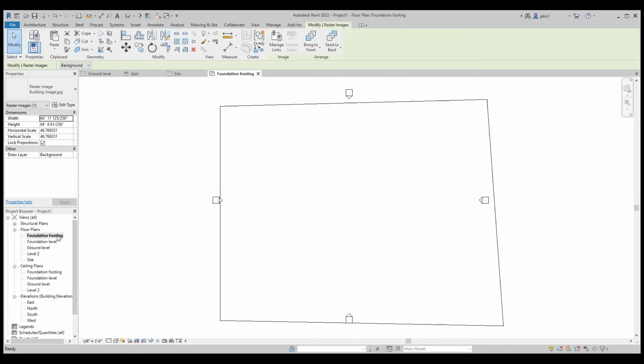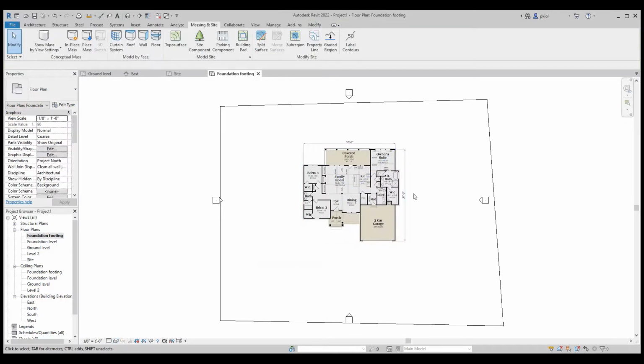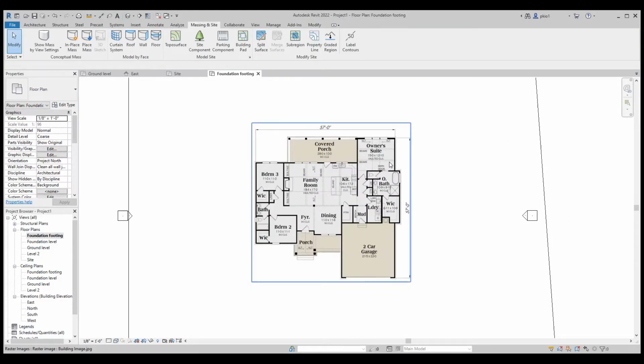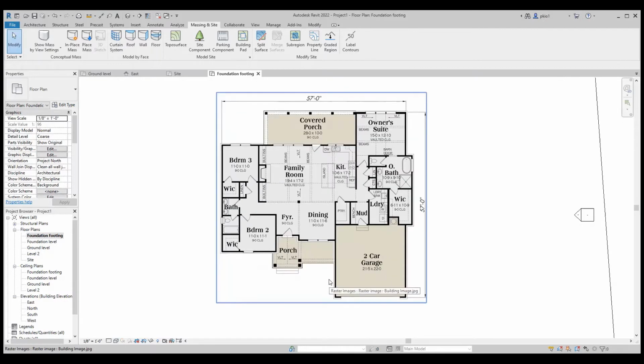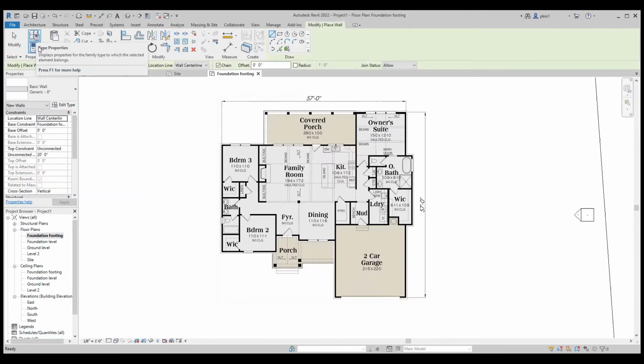Therefore, when we go to the foundation footing, in order to see our image, we'll go to this and select wireframe, and there we can see our image. So we want to draw the foundation walls to align with the walls in this image. Therefore, we go to Architecture, Wall.